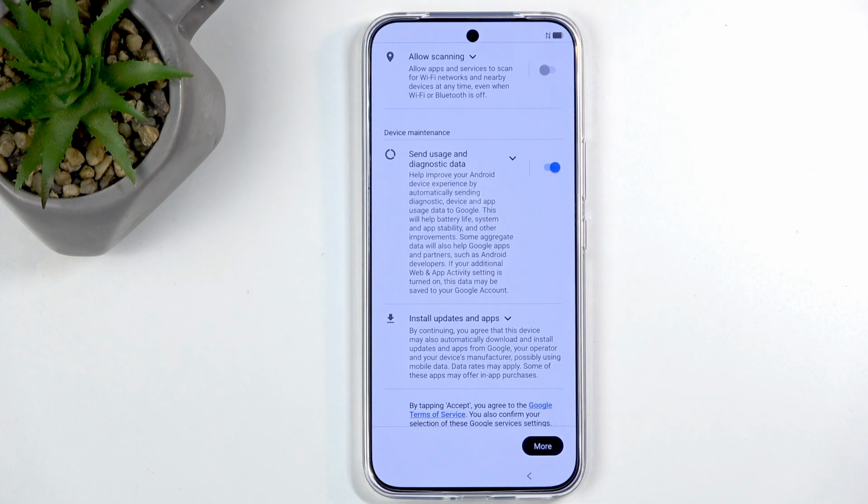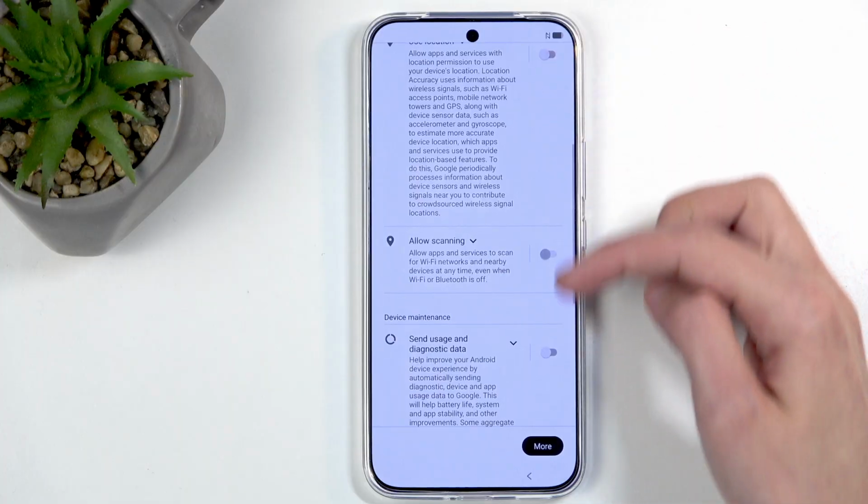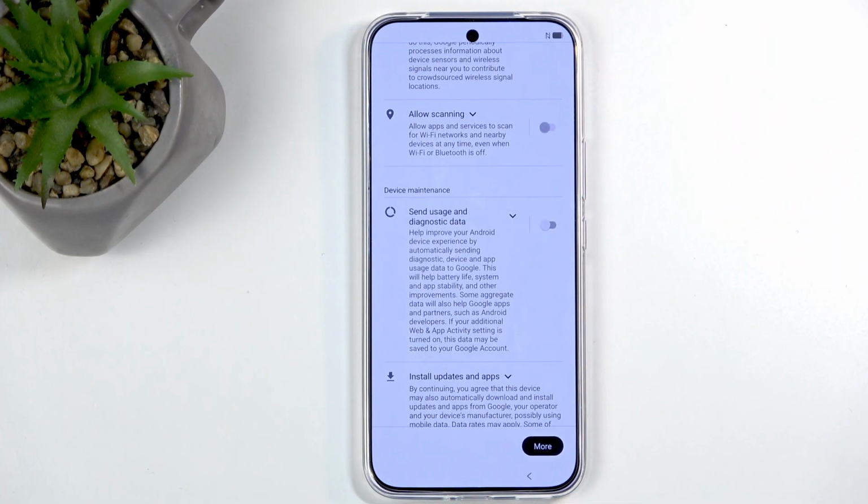Anyway, scrolling down to the last option, send user and diagnostic data. Now, this is kind of ambiguous in the title, as it doesn't really say where it sends and what data or anything like that. In general, I would be turning that off, even if it did something else. So by name, you'd expect that basically your usage and stuff like that gets shared. So it would kind of go again with these, but it's actually, if you read into it, it tells you,